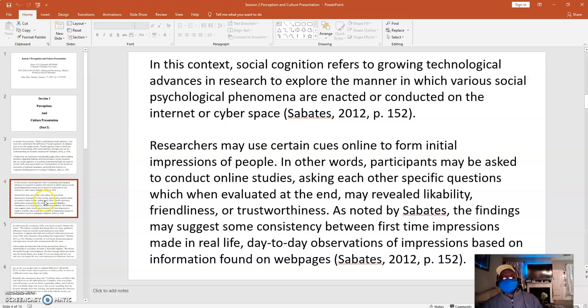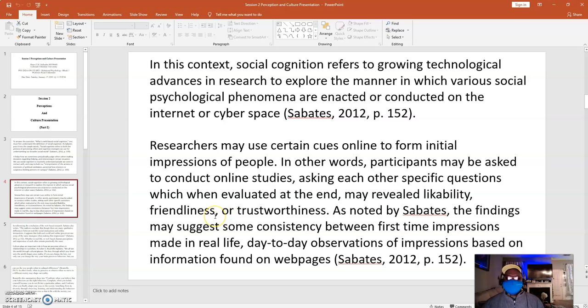In this context, social cognition refers to growing technological advances in research to explore the manner in which various social psychological phenomena are enacted or conducted on the internet or cyberspace. So this observation is done using the internet. Participants are given specific questions, and they're supposed to interact and observe each other, and at the end of the study,